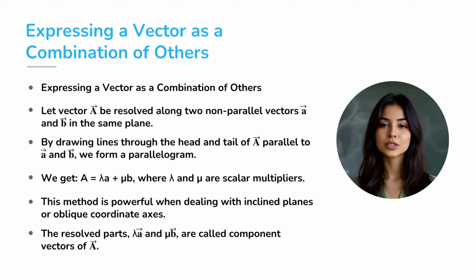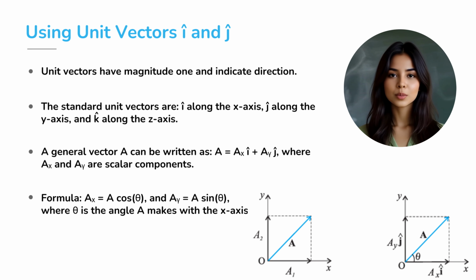This generalized resolution approach is useful in systems where the axes are not perpendicular, such as oblique coordinate systems or tension problems involving pulleys. Now let's shift to the most commonly used system, Cartesian coordinates, where we resolve vectors along the x and y axis using unit vectors. Unit vectors are direction indicators with magnitude equal to 1. The standard ones are i cap along the x-axis, j cap along the y-axis, and k cap along the z-axis